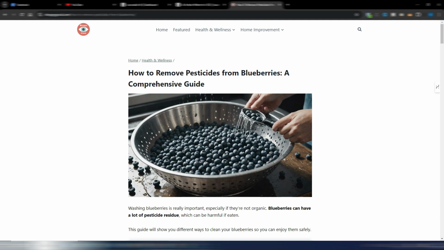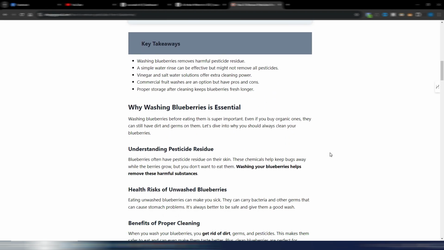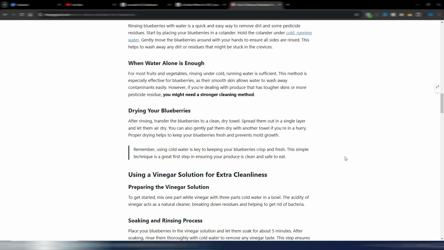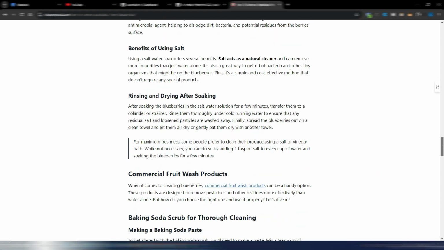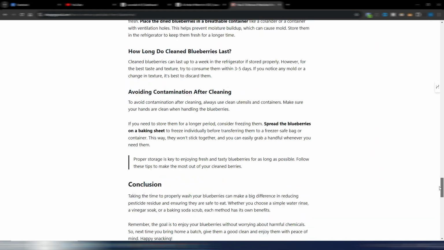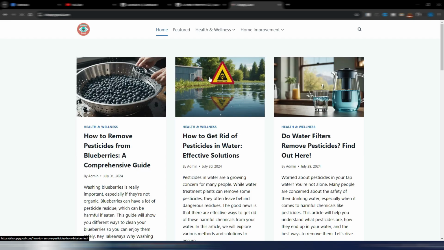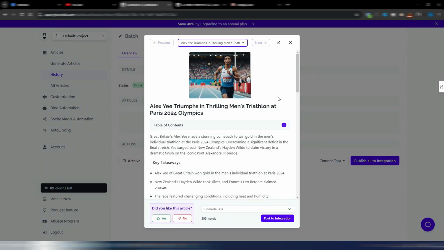This is an AI image generated by Journalist AI. I have my article. I only added some banners here that I use on this site, but all the rest of the article is automatically generated. And okay, just to show you that it's working day by day automatically. Now let's go back here and wait for this article to be finished.